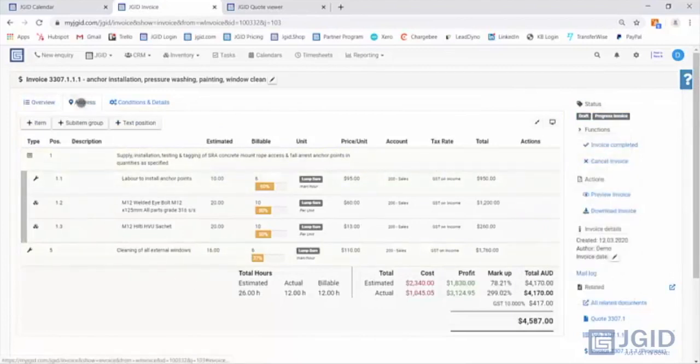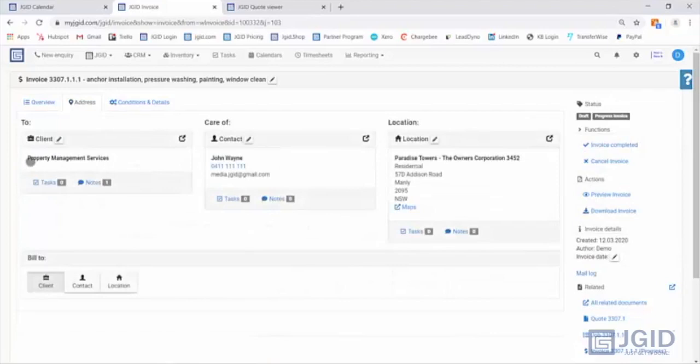When it comes to billing, a lot of times, especially when we're dealing with facility management companies or property agents, these people are actually only acting as the managing agent on behalf of an owner's corporation or some other ownership entity, which is usually related to the location. If I send the invoice made out to the property management services, John Wayne is going to send this invoice back to me and say, sorry mate, can't pay this invoice, can you please make it out to the owner's